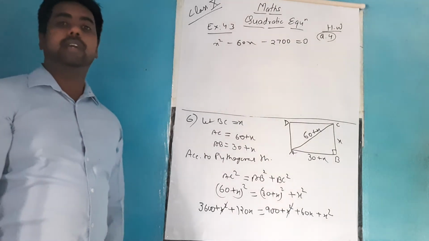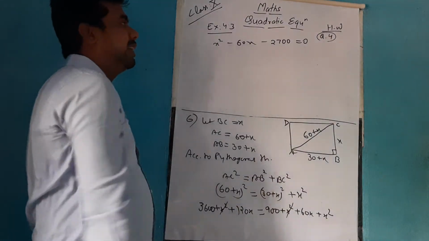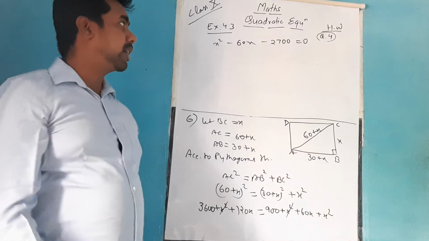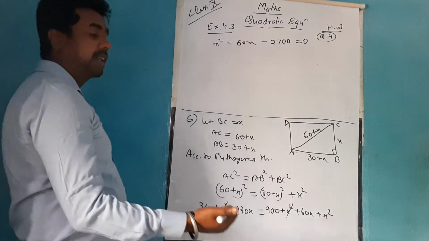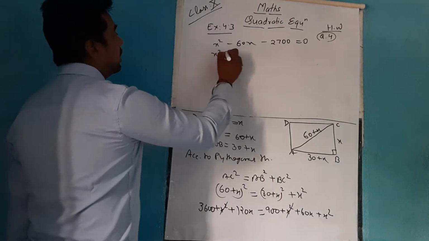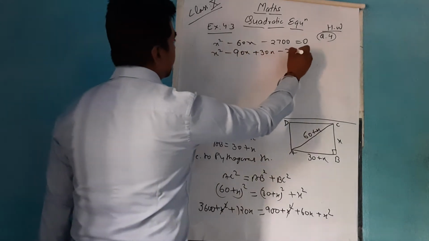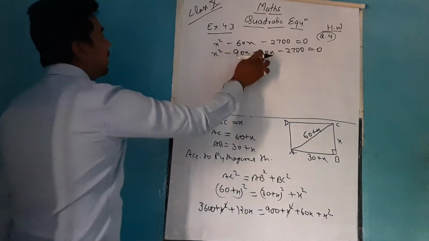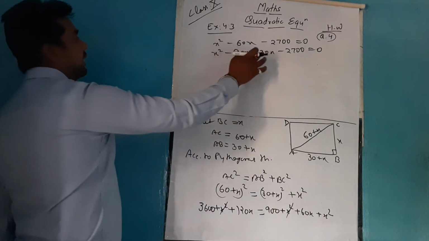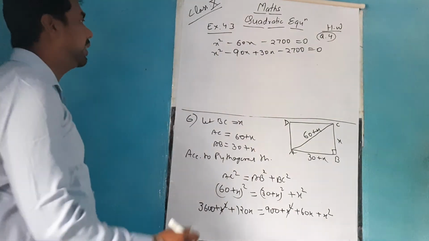Again here you may apply the quadratic formula or prime factorization, whichever you feel comfortable. You see that 9 threes are 27 and 9 minus 3 is 6. So we can break it with the help of 9 and 3, or we can take it as 90 and 30, as 60 and 2700 are given there. So here we take it as x square minus 90x plus 30x minus 2700 equals 0, as minus 90 plus 30 gives you minus 60, and minus 90 into 30 will be minus 2700. So that will be the required middle term splitting.